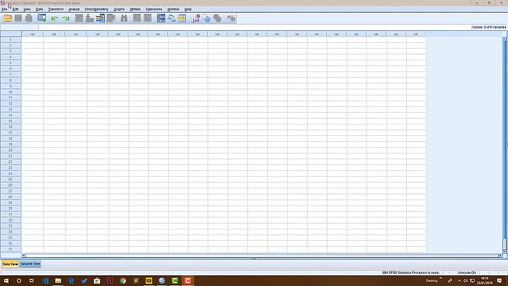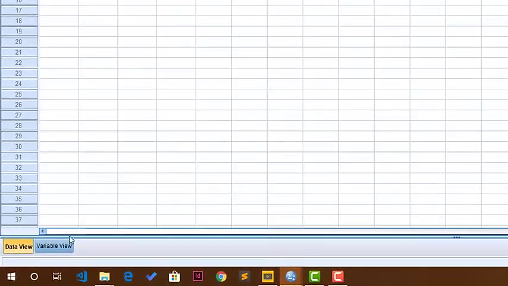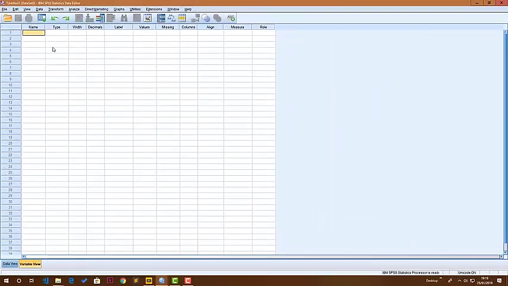Right, so I've opened SPSS. You see that the interface may look similar if you have ever used Microsoft Excel. It looks like a spreadsheet. This spreadsheet is divided into two. There is the data view here, which is where you see your actual data, and there's the variable view, which is where you actually define and edit the questions that you've been asking on your survey or whatever questionnaire that you have. The first thing that you do when you come to SPSS, if you don't have data, is obviously